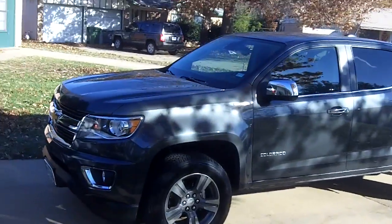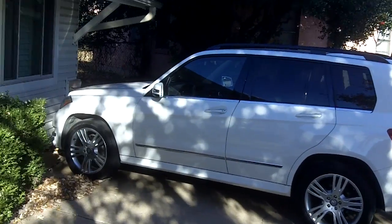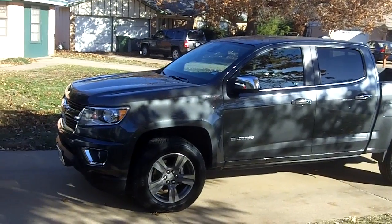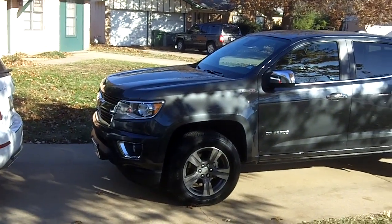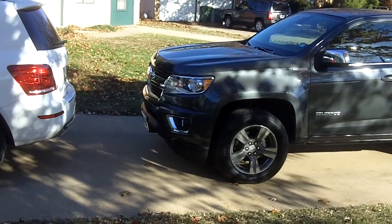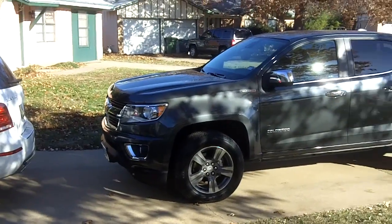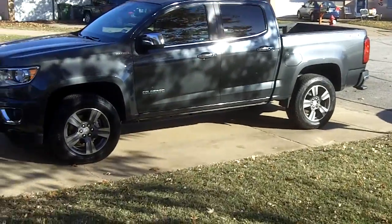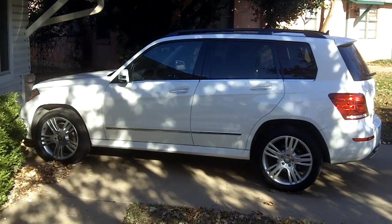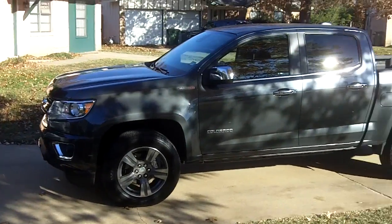Alright, so now for a cold start on my truck. The temperature this morning is 19 degrees, and that's pretty much how cold it stayed overnight. When I got up this morning it was 17 degrees, so the temperature's gone up just about 2 degrees, not by much. So I'm not going to start the Mercedes because I just did a cold start on it yesterday,